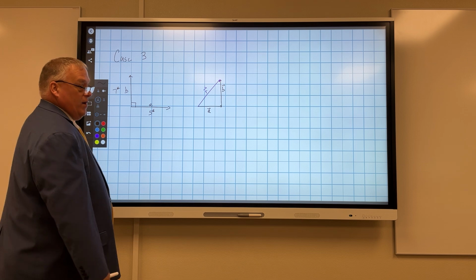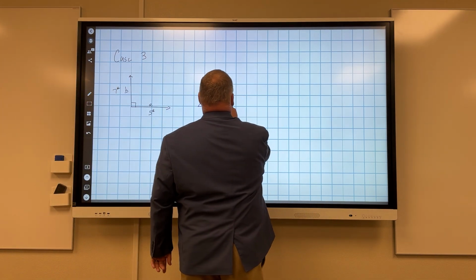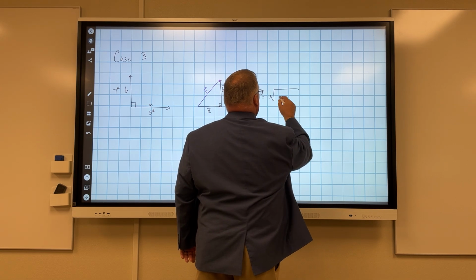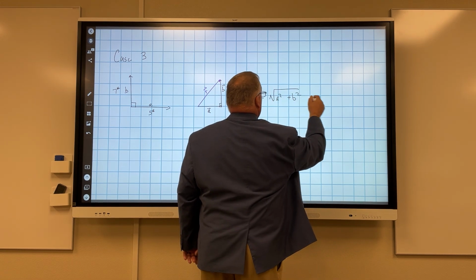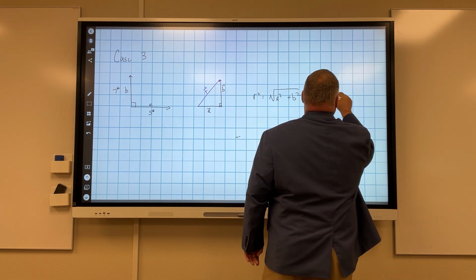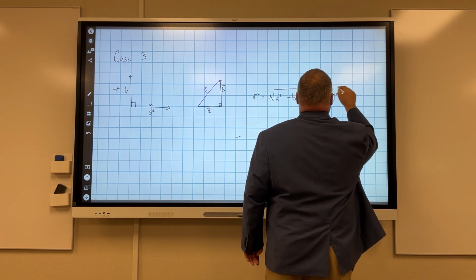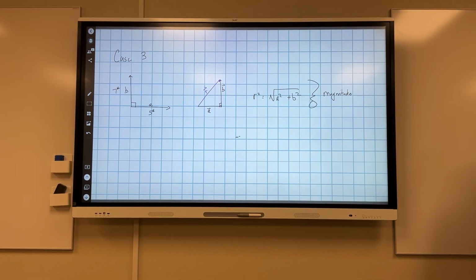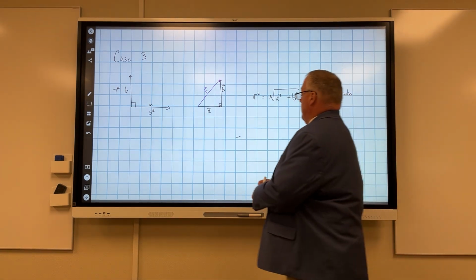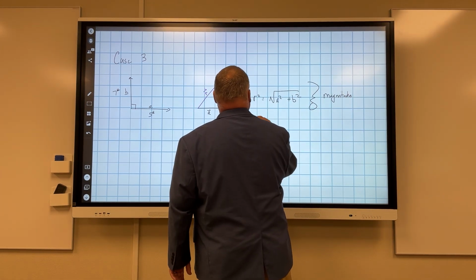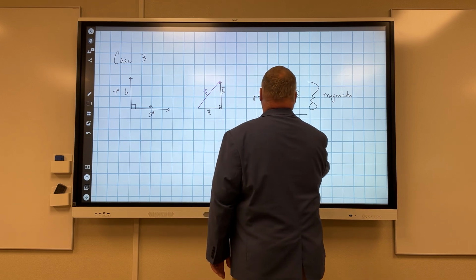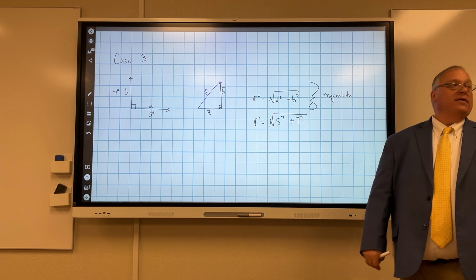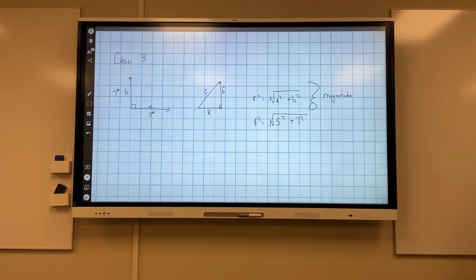Deciding if your walls are square in your house. So if we're at a 90-degree triangle, R is going to be the square root of A squared plus B squared for the magnitude. In this case, the amount of force. Okay? So R would be the square root of 5 squared plus 7 squared. That's 25 plus 49, right? That's 74. So the square root of 74 is